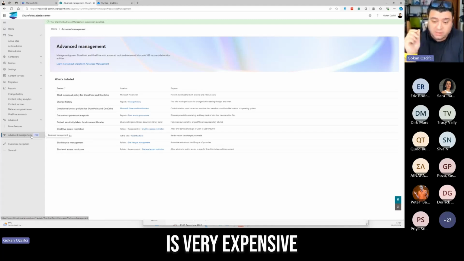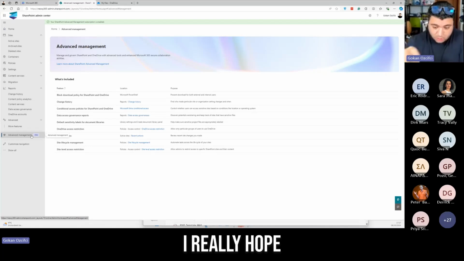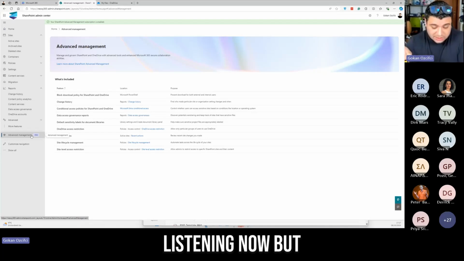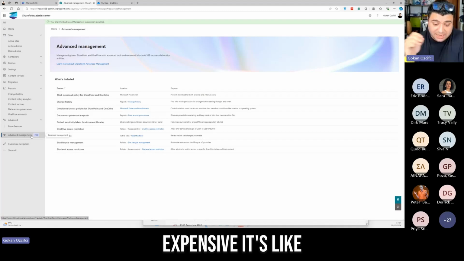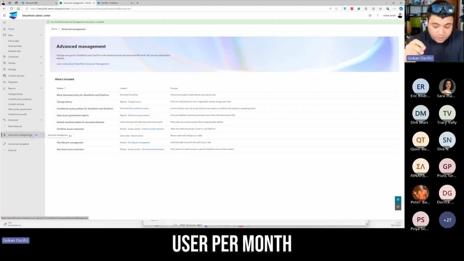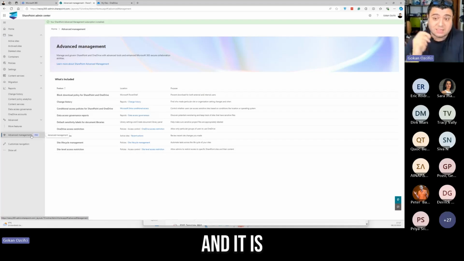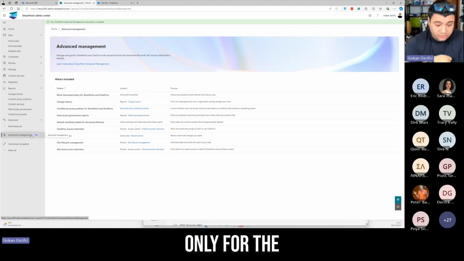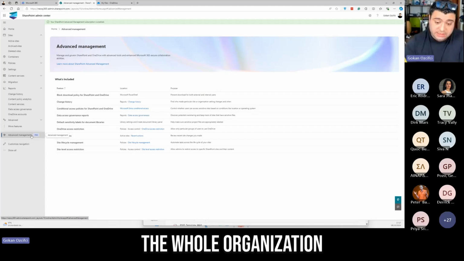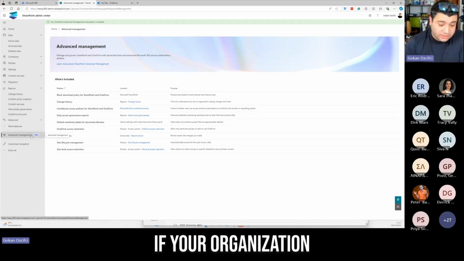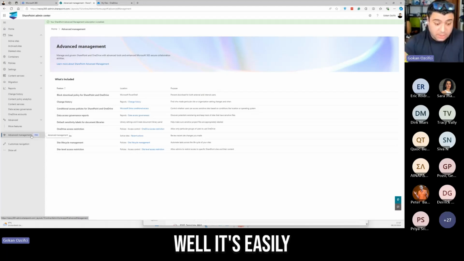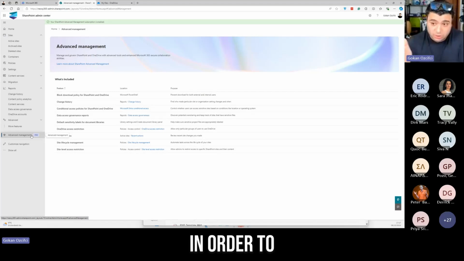unfortunately, is very expensive. I really hope there is no one from Microsoft listening now, but it is quite expensive. It's like $3 per user per month, and it is for every single user, right? It's not only for the admin, you have to pay for the whole organization, meaning if your organization has 100 people, it's easily $3K per month and 36,000 per year that you have to pay Microsoft in order to